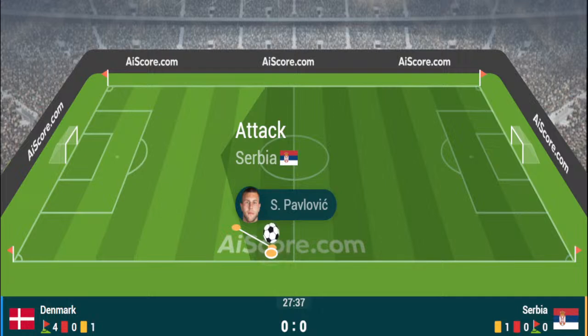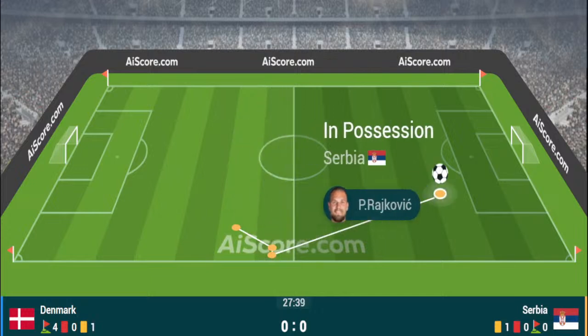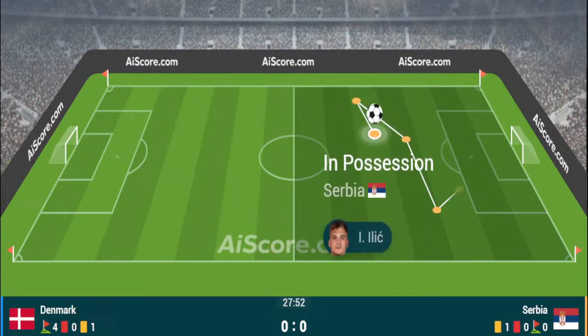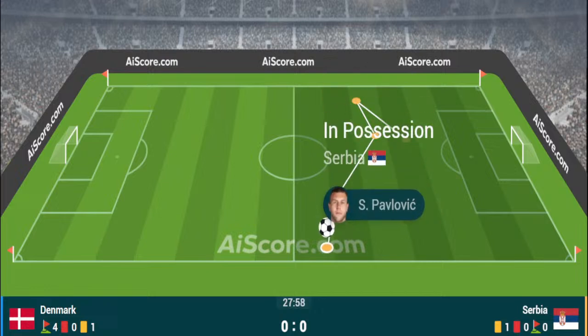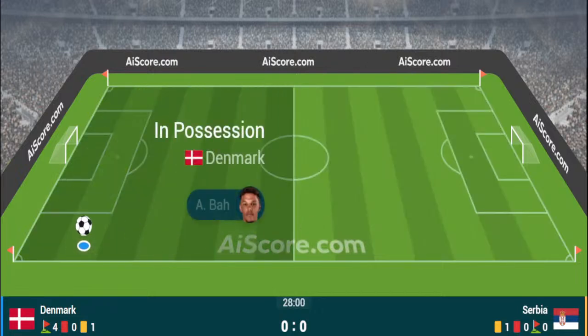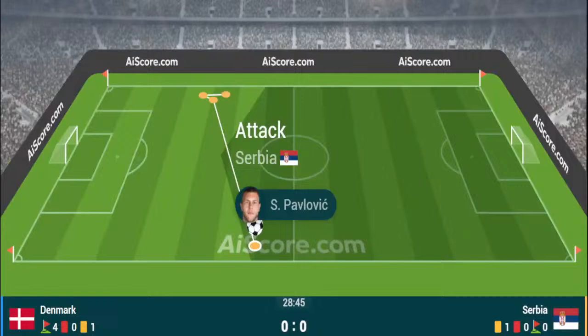A lot of quality on the bench, you know, for Serbia. I mean, those who follow Serie A over the years, absolutely fascinating that Milinkovic-Savic is on the bench. I mean, he's been one of their best players for many, many years. A real player of absolutely huge quality. Stalemate as well, so fascinating lineup put out there by Serbia today. They do have options off the bench, and Pavlovic goes down, a yellow card. They haven't really been able to move the ball with any kind of purpose out from the back.